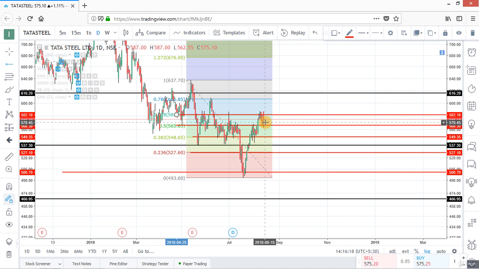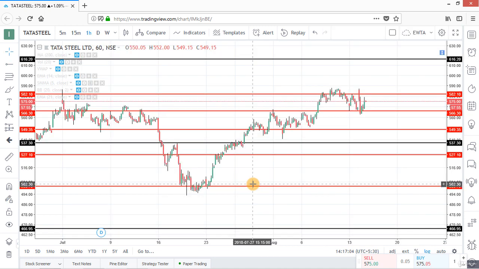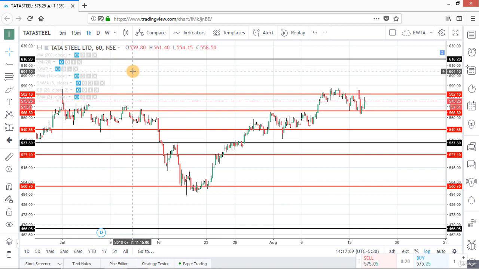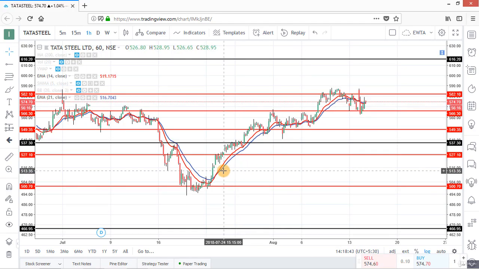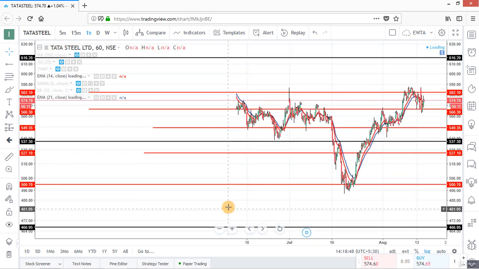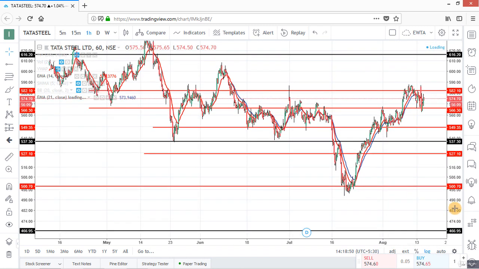Now we will open the lower time frame chart, that is the hourly chart in this case. So this is the hourly chart of the stock. Now we will apply our moving average set. The moving average set for positional trading is 50 period, 21 period and 14 period. So we will apply this set to hourly chart and we can see that these are our resistance and support